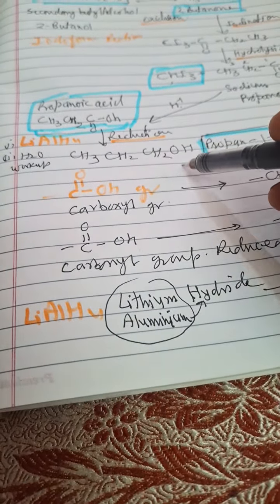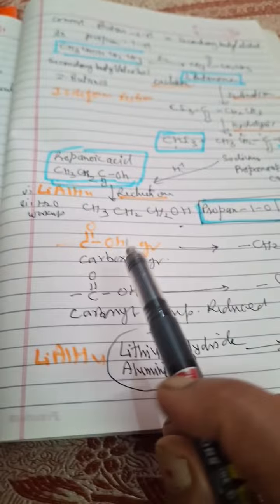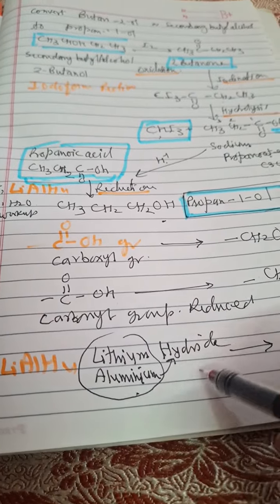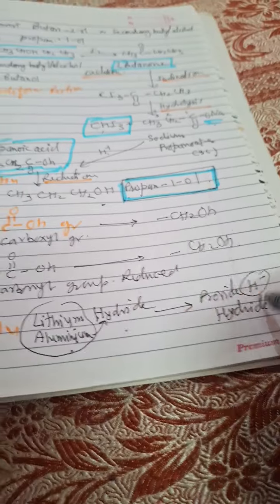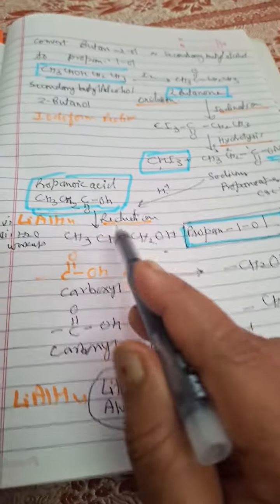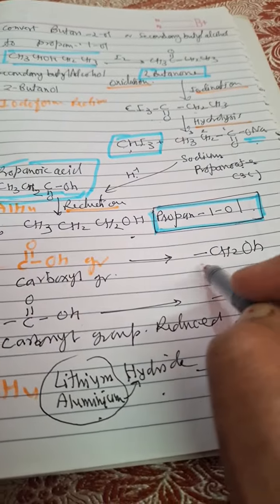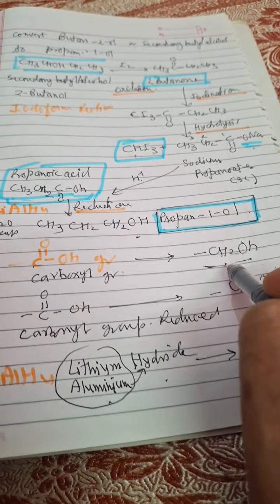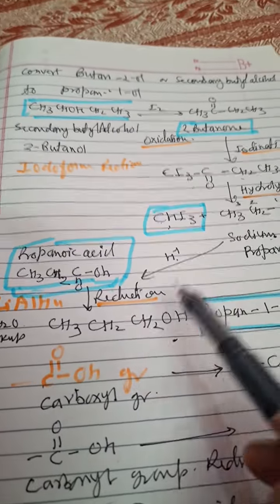Reduction with LiAlH4 and water workup will give you propanol. Okay, so in this case when we are using LiAlH4, that is lithium aluminum hydride, the hydride ion reduces the carbonyl group to a CH2 group, so we will get CH2OH. So the carboxylic group is reduced to CH2OH. So in this way, very